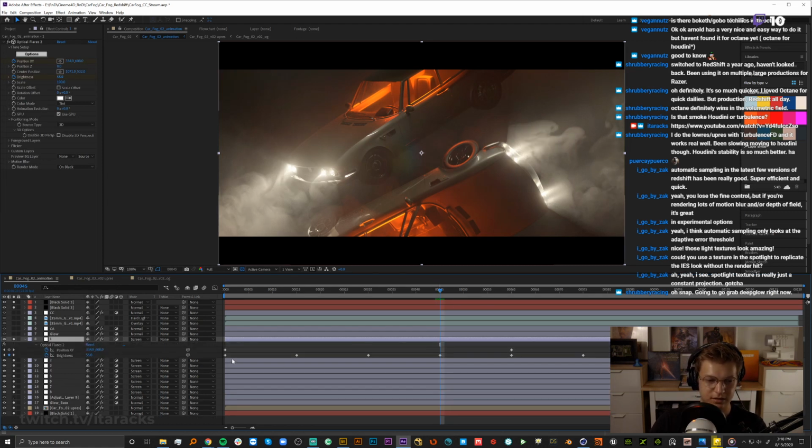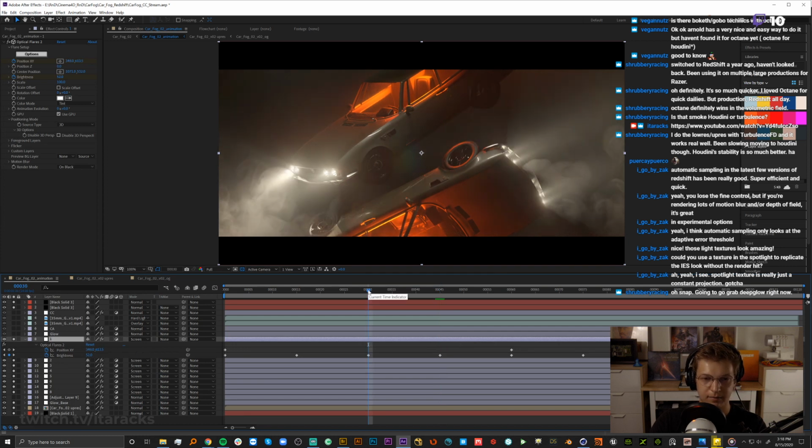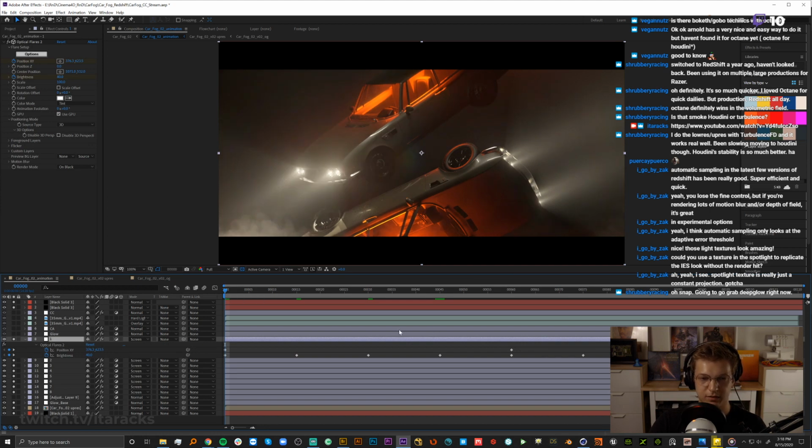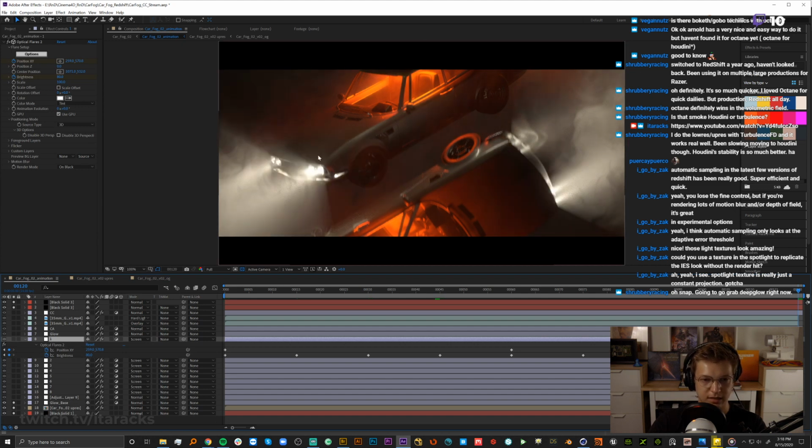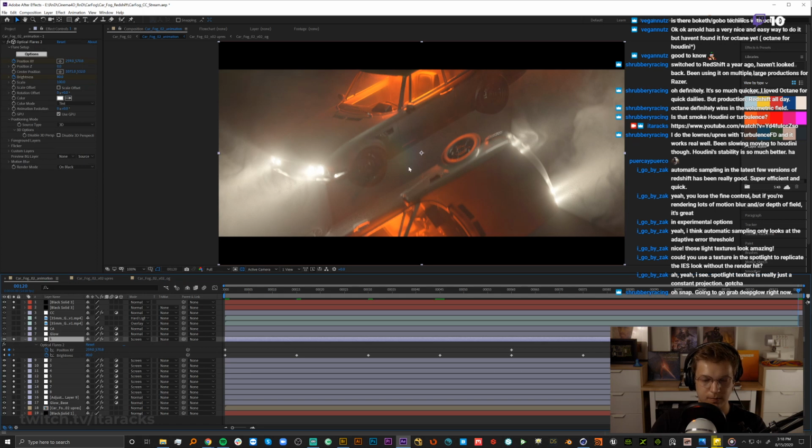If you hit U, you can see all the keyframes on a layer. I keyframed them. There was such little movement that once I decided I wanted optical flares on top, I was like, I'll just keyframe them really quick. So I keyframed all of these, and it's a pretty drastic change. I liked what was happening here, but I felt like because I didn't do anything in camera in Redshift, that I just needed them to kind of be more blown out, and then add in just a little bit of